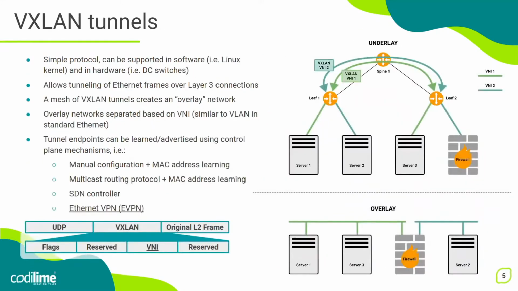Let's start by introducing two main actors that will play major roles in this demo and this presentation, the VXLAN and the EVPN. VXLAN stands for Virtual Extensible LAN. It's a network virtualization technology that attempts to address the scalability problems that are associated with large deployments. It uses a VLAN-like encapsulation technique. It encapsulates layer 2 frames inside UDP datagrams.